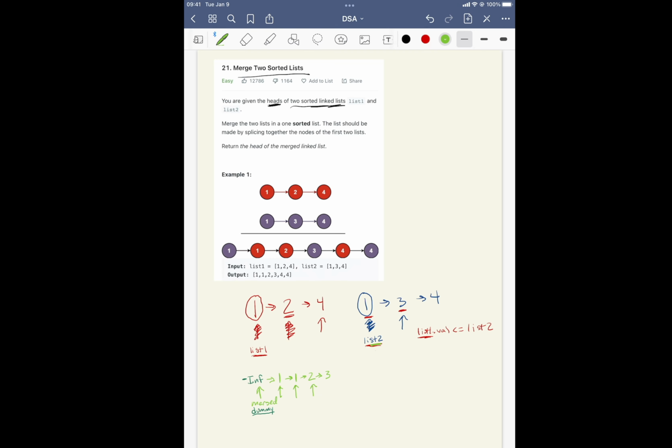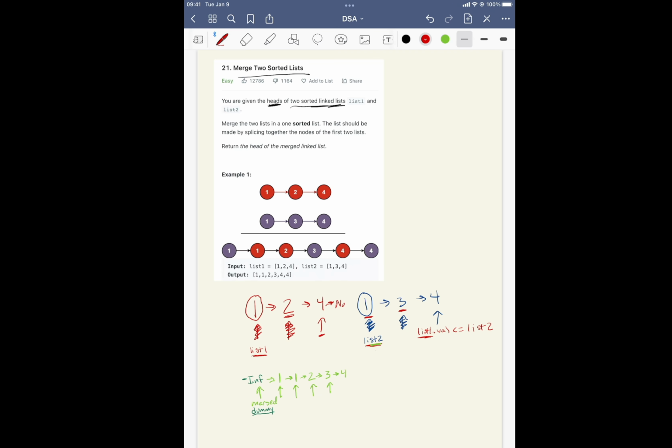And we're going to move this here. Now the 4 and the 4 are equal, so it doesn't matter which one we use, so we're just going to use this one. And we're going to make our next our 4. And now we've gotten through one of our lists,